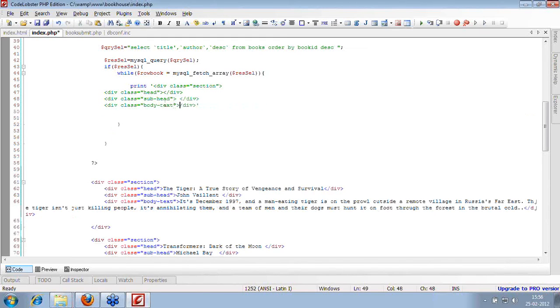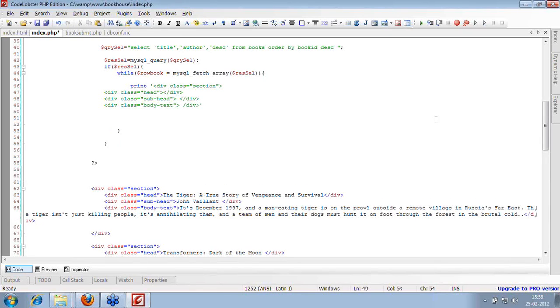So here I have all the tags closed. Okay, one tag I'm missing out here, so I'll add the div close. So I'll just edit the HTML tags out here to populate my data. Now, whatever it fetches, we are storing into this array, the row book array. So I can fetch the values from the row array, row book, using again the concatenation operator, that is dot, and then the dot again to connect to the next string. So here dot and then $row book.